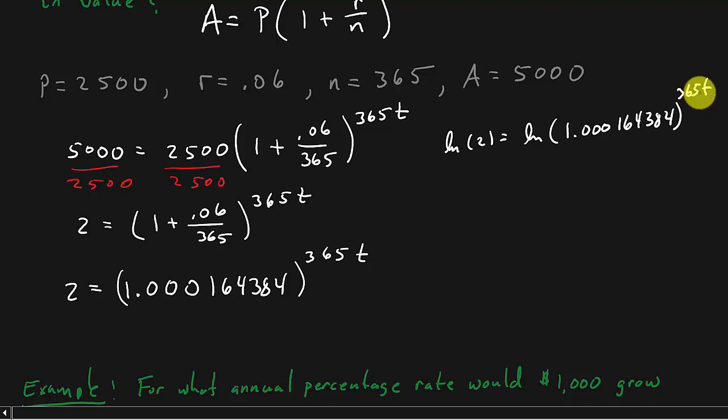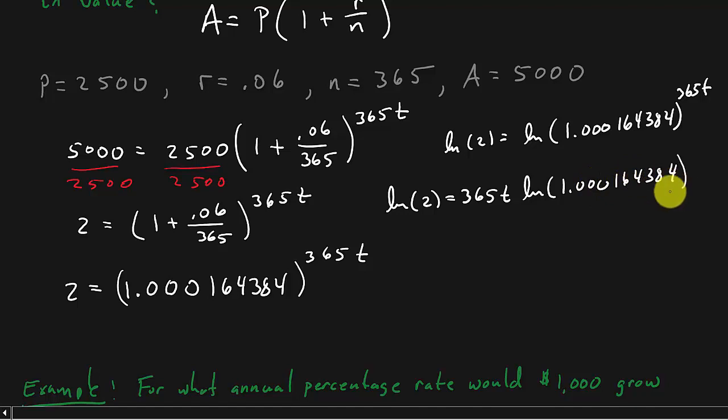And now what? The 365t, let's bring that down in front. So that's going to be natural log 2 equals 365t times natural log of 1.000164384. And then I need to get t by itself, so I'm going to divide both sides by 365 natural log of that number. And so that is going to give me t is equal to natural log 2 over 365 times natural log